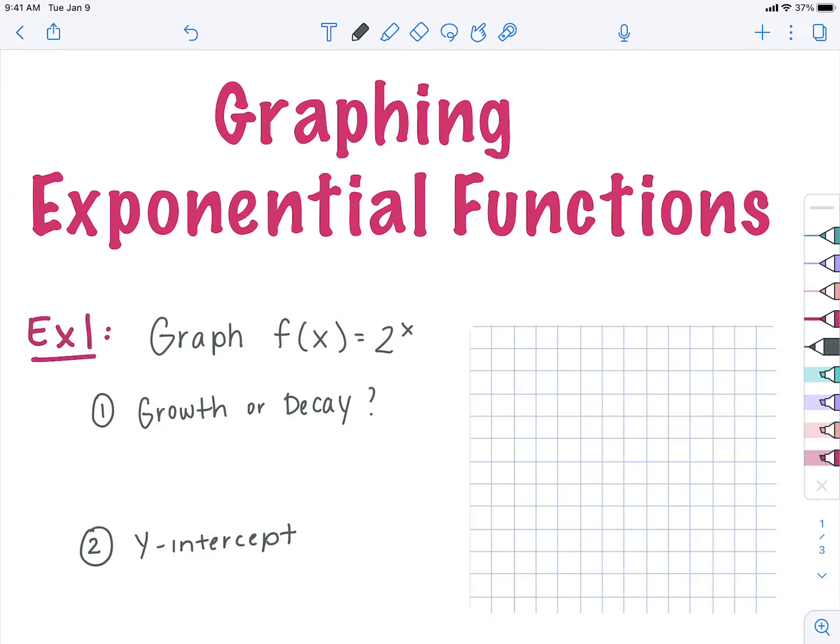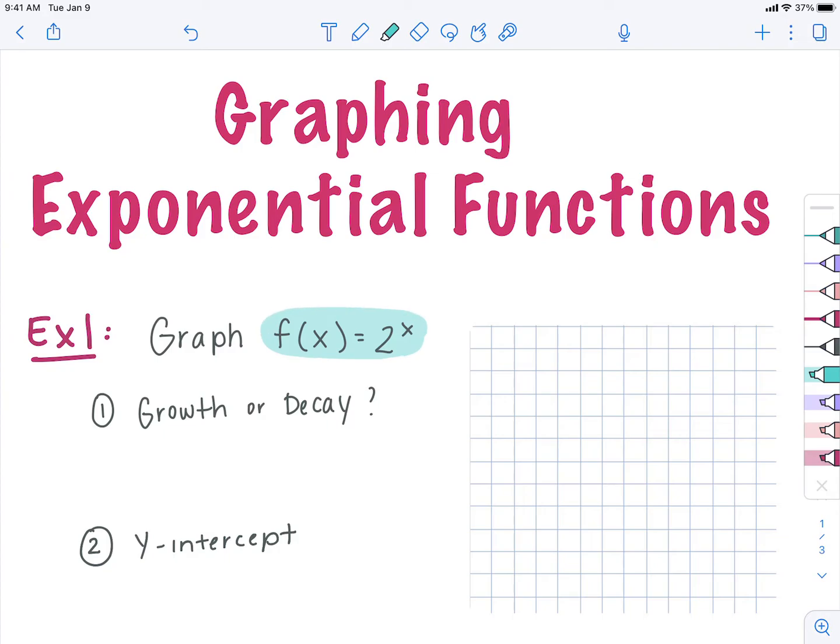So today we're going to go one step farther with graphing exponential functions. So instead of just looking at the actual exponential function and picking out the important information, we're going to use all that important information in order to create a graph of the function. So if we're looking at f of x